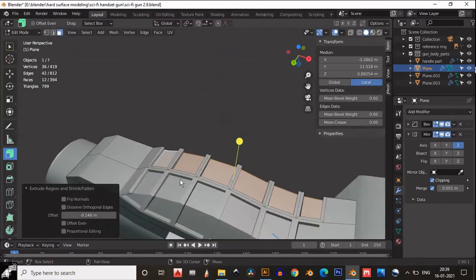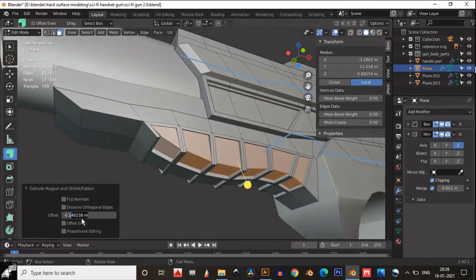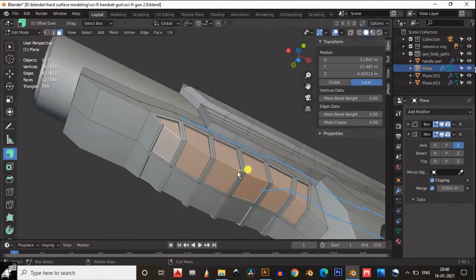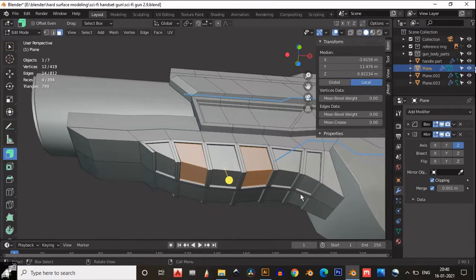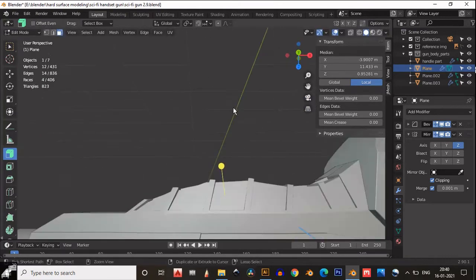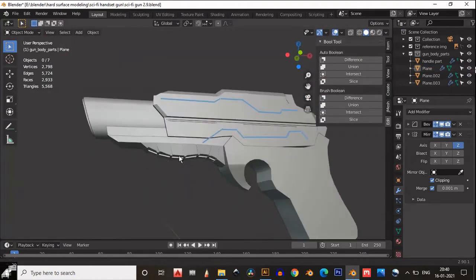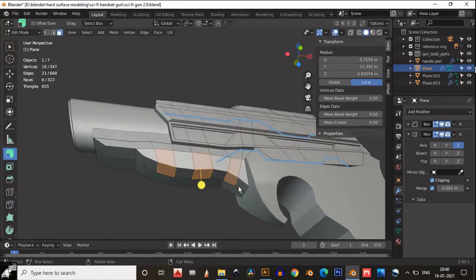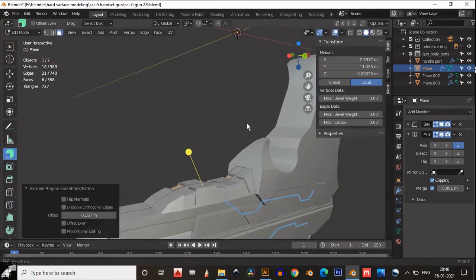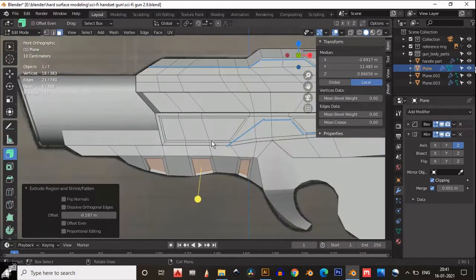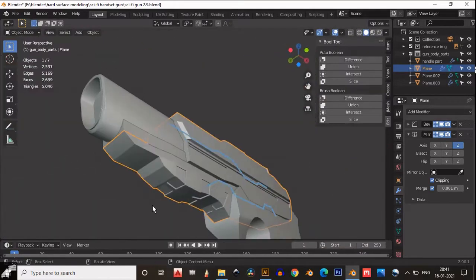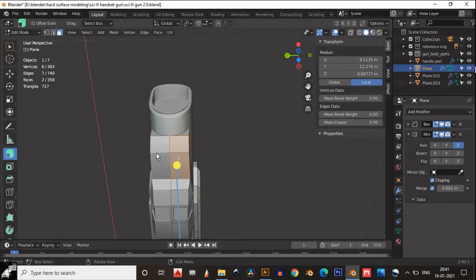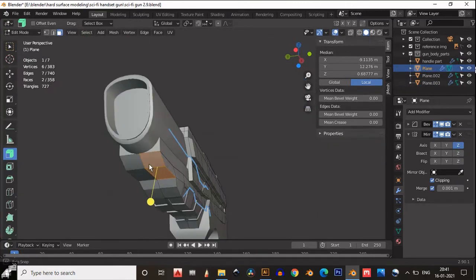And you can see the different result right there. It looks like this. If I select all the faces, you will get a different result than if you select alternate faces. So I like this one. It looks decent, I think.